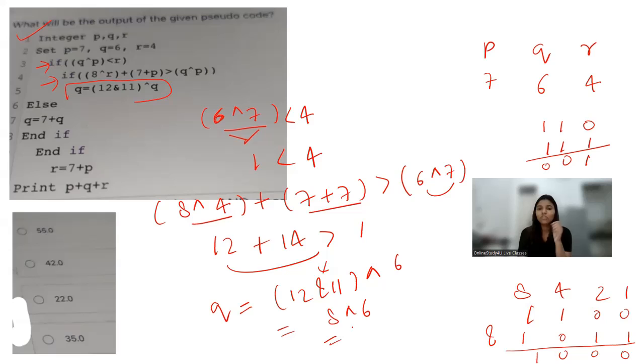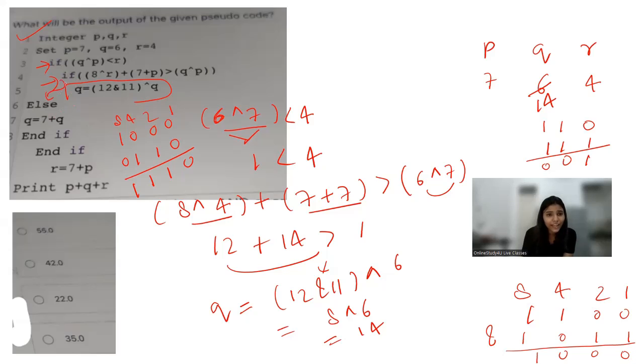8 XOR 6 now. So let's take 8 XOR 6: 1, 0, 0, 0 and 0, 1, 1, 0. Right? 1, 1, 1, 0. So what will it become? 8, 4, 2, 1. So 8 plus 4 will be 12 plus 2 is 14. So it will become 14. So the Q value has been updated to 14. Let me update it here as well. Right? Now,